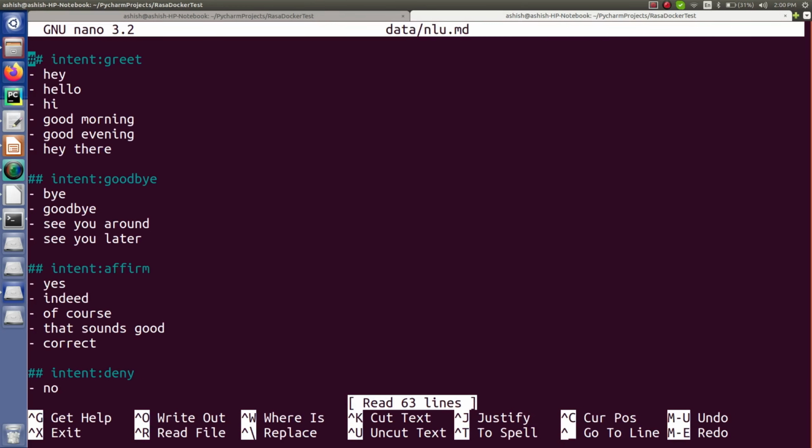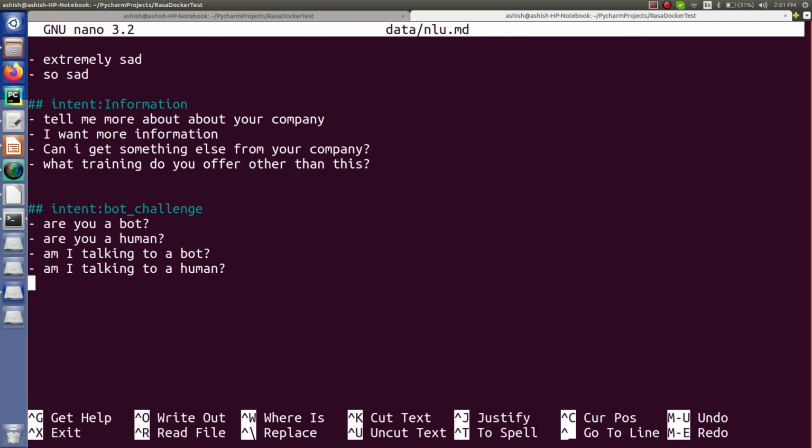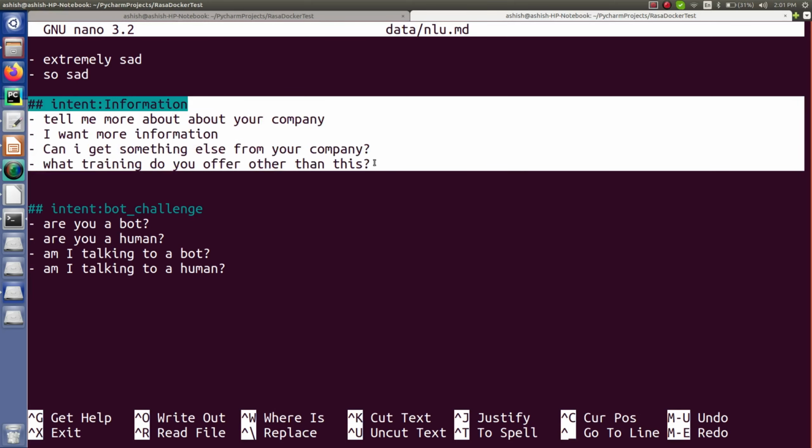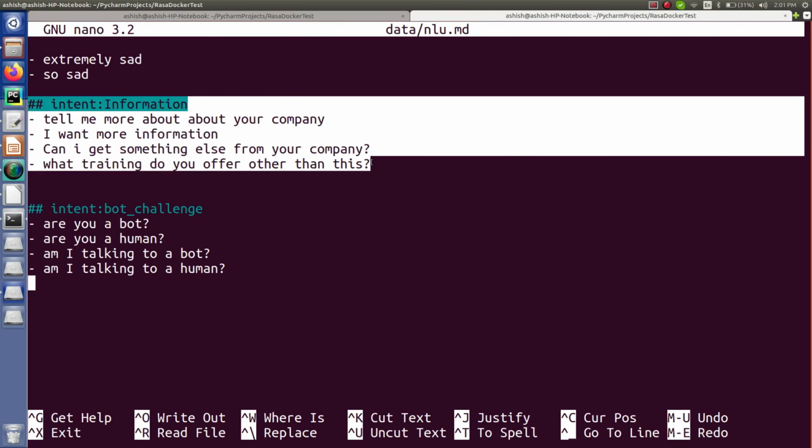Alright, so you can see this is the directory, this is the file which I have just opened, and here is that intent which I have changed in the last session, right? Whatever changes you make in your local directory while running it with Docker, everything is getting updated onto the Docker container. So if you make changes there, everything will affect over here also, right?